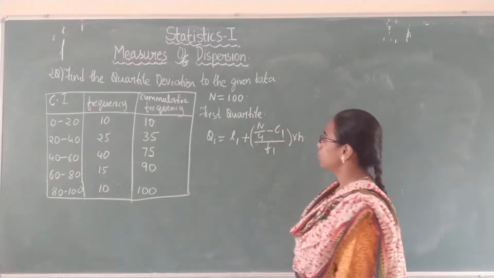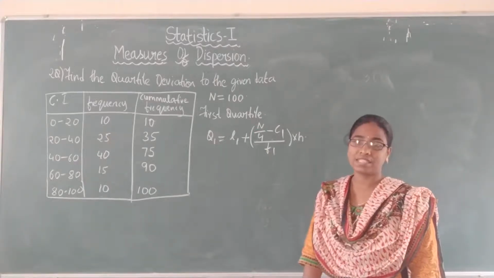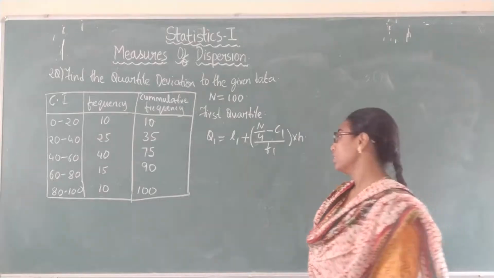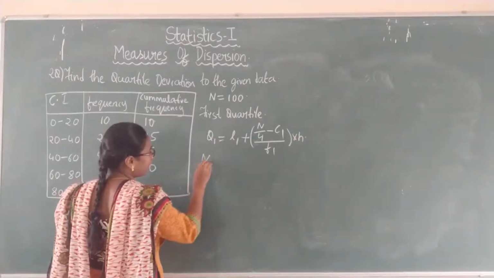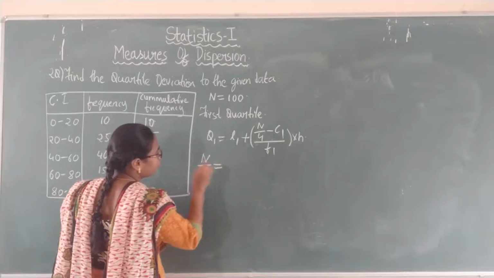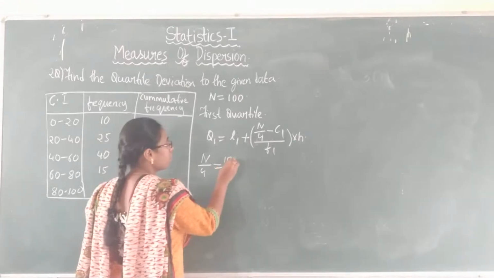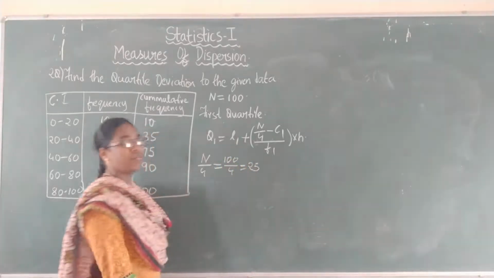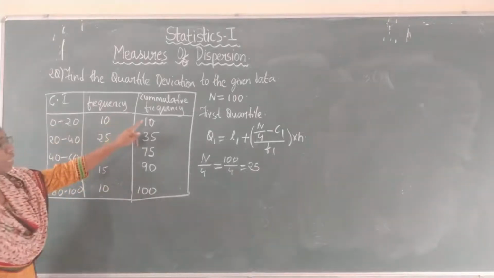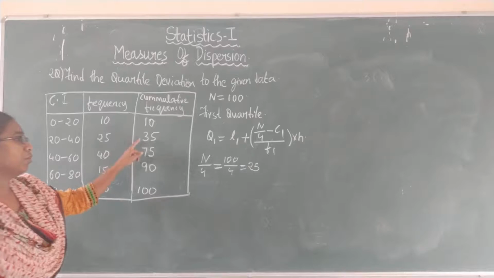For this, we need to first get the quartile class, that is the first quartile class. For finding the first quartile class, we need to calculate n by 4 value. What is n value? 100. 100 by 4 is 25. Now in this cumulative frequency, what is the value just greater